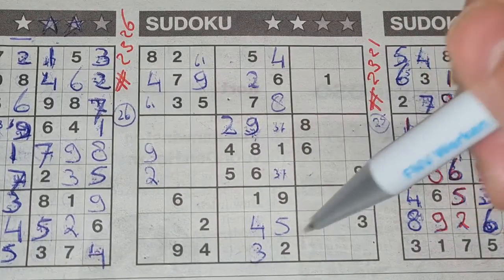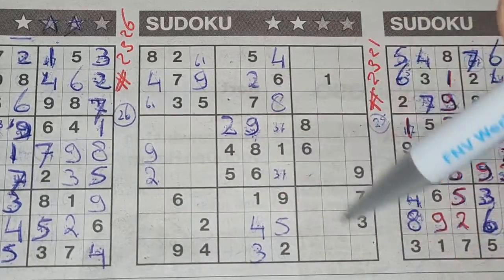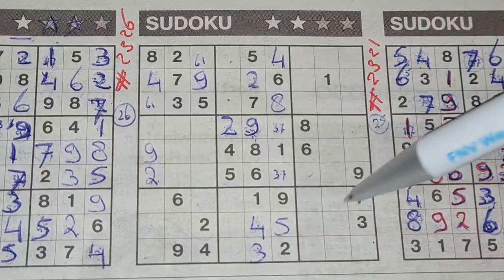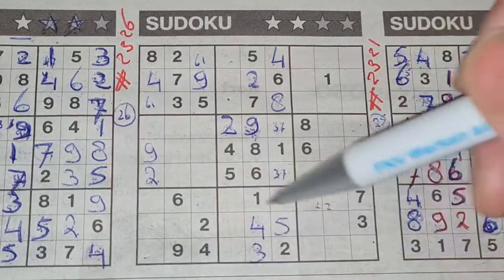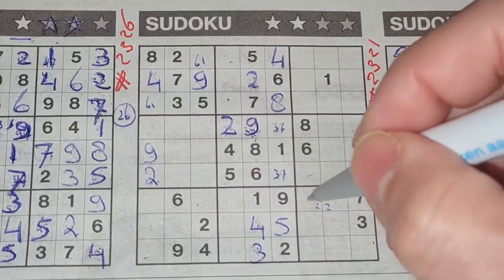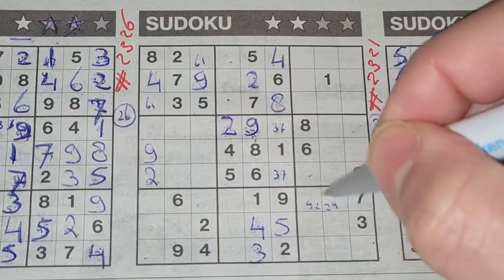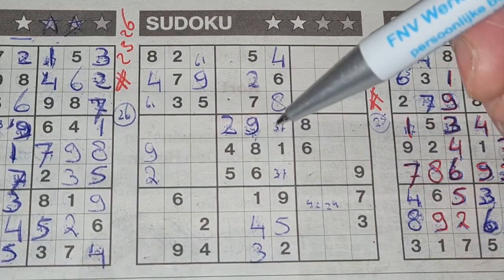And we have a pair. 2 in this row, 2 in the row above, so in that row, the only 2 places for the 2 could be here, could be there. Same with the 4, 4 in this row, 4 in the row above, so in that row, only 2 places for the 4. Could be here, could be here. We have a pair, 2 and a 4. Alright, so now